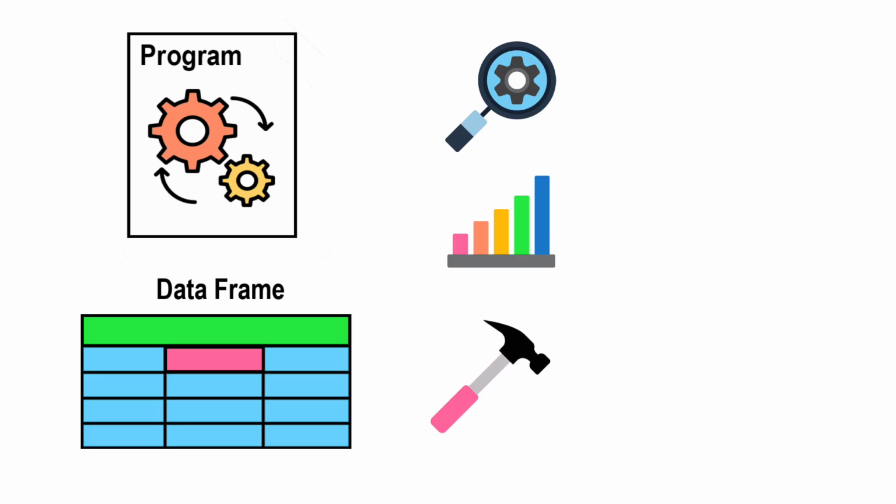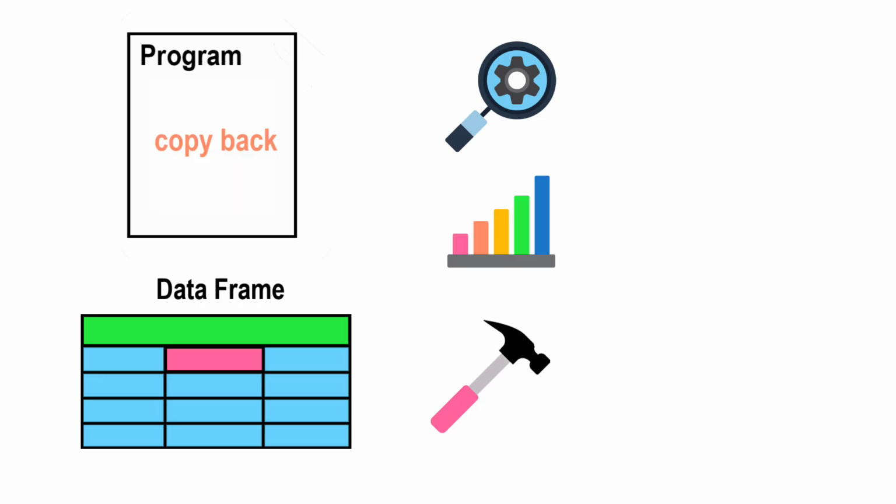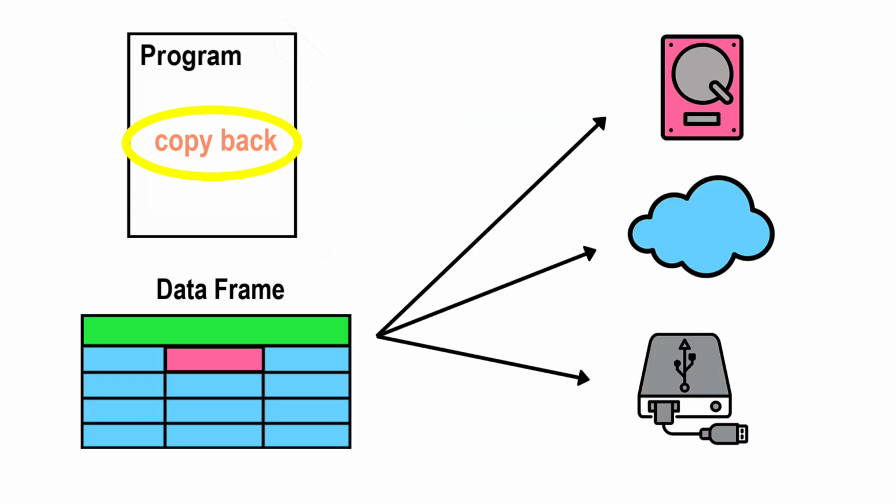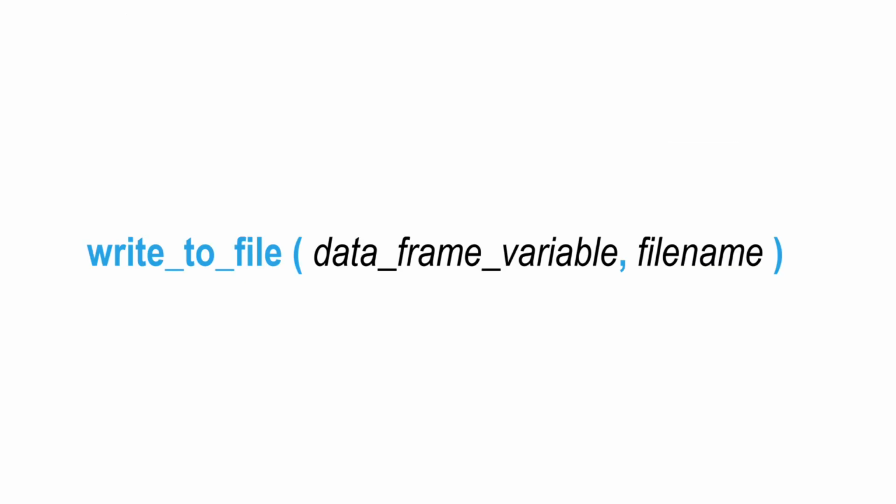unless a command is executed to explicitly copy the information in the data frame back to the original file on its storage device. Programming languages provide functions to write the current values in a data frame back to such devices to preserve the changes. For example, a statement such as writeToFile(dataFrameVariable, fileName) will copy the values in the specified data frame variable to the specified file on a persistent storage